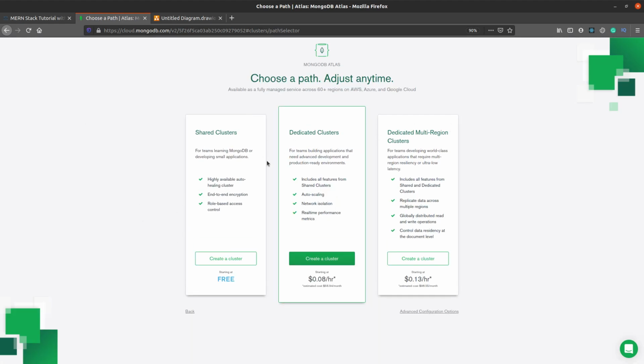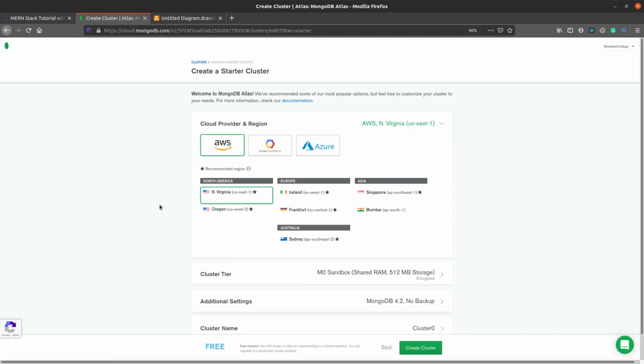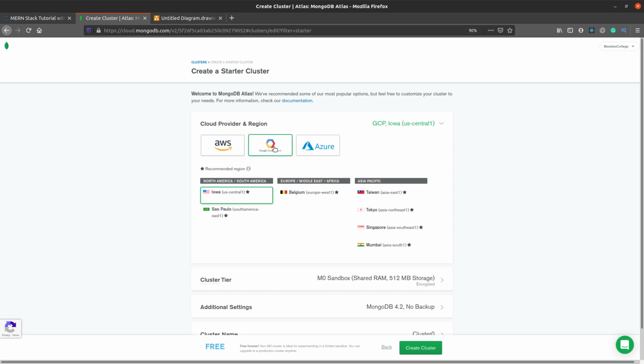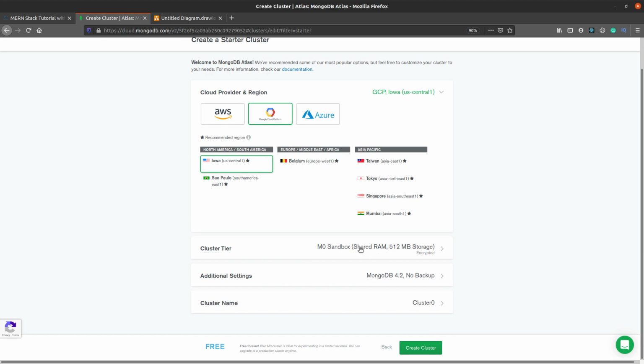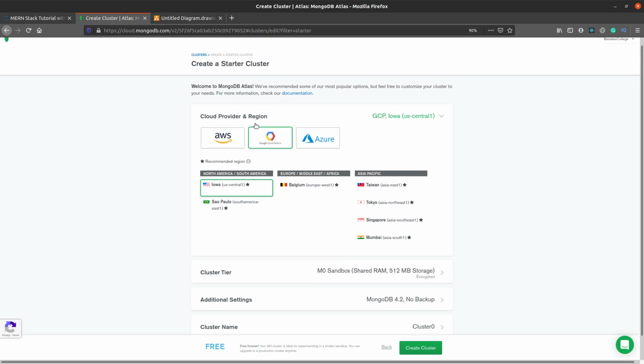So when you hit create cluster, there are a few options. You could use the shared ones, which are free, and then based upon the traffic, you can also go for the paid versions. Okay, for this particular tutorial, we'll be using the free ones, and free ones are also available from AWS, Azure, or Google. So we will be using the Google Cloud Platform services to set up our Google Cloud MongoDB Atlas instance. Okay, which gives us shared RAM and 500 MB of storage. The MongoDB version installed is 4.2, and you have all this detail.